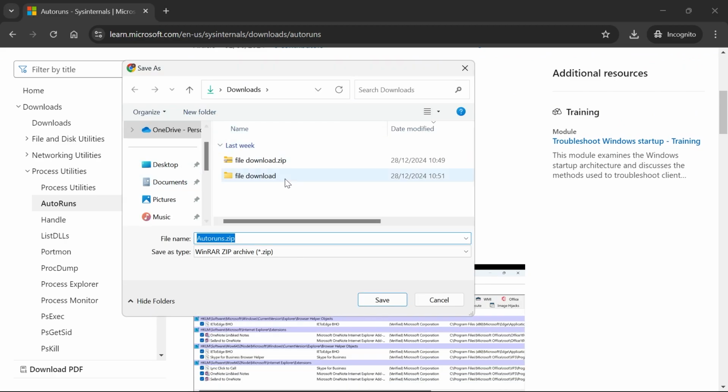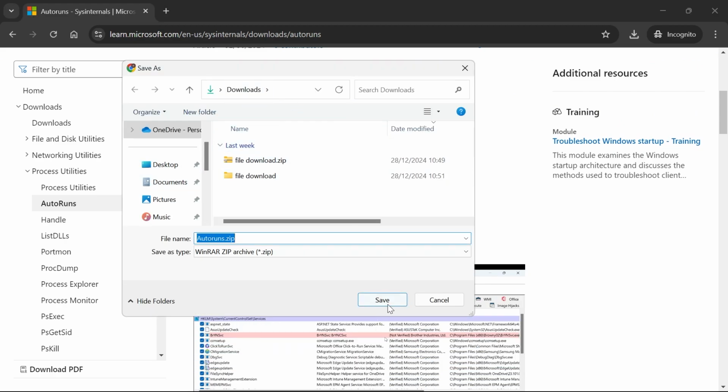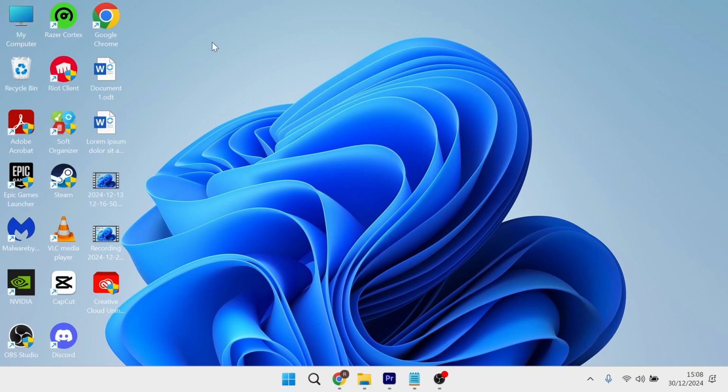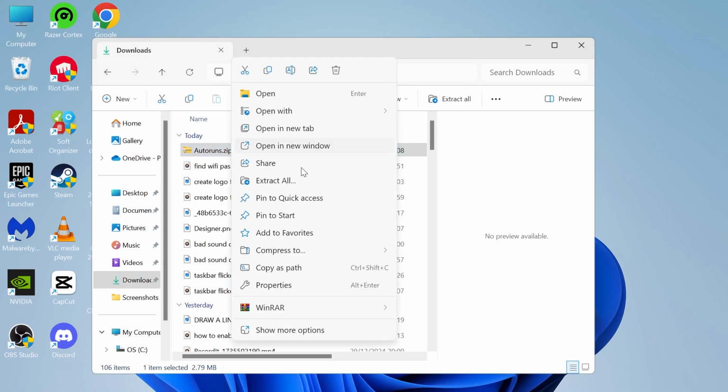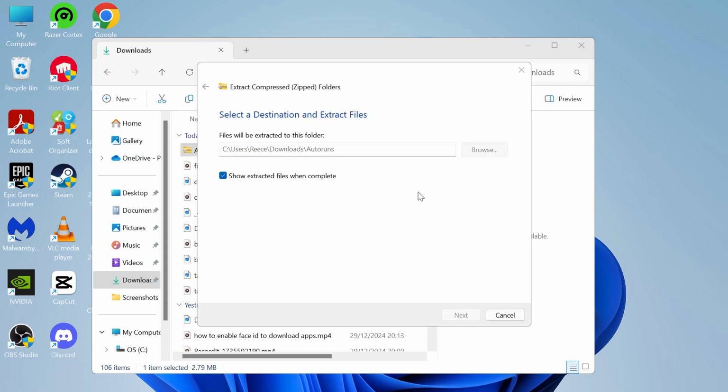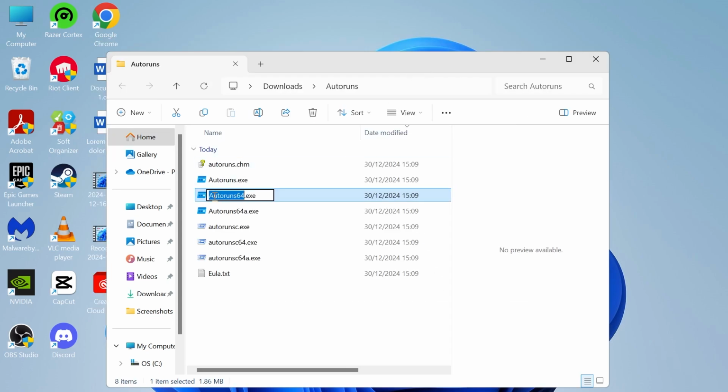Select where you want to save this file. I'm just going to save it in my downloads and hit save. Now head over to your downloads folder on your computer. Extract the zip file that we just downloaded by right clicking and selecting Extract All. Click Extract. Once you've extracted your files, double click on